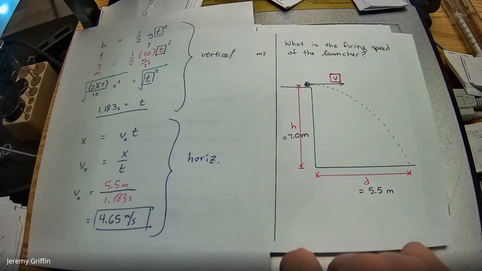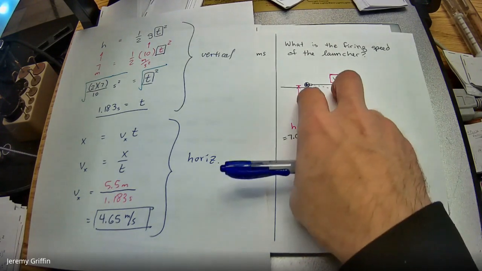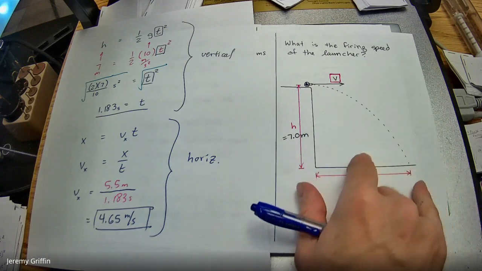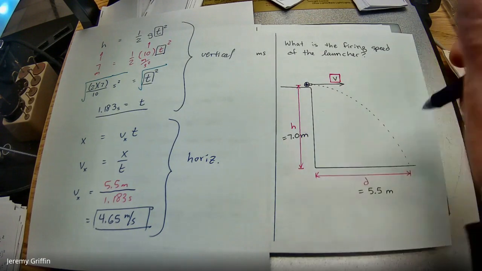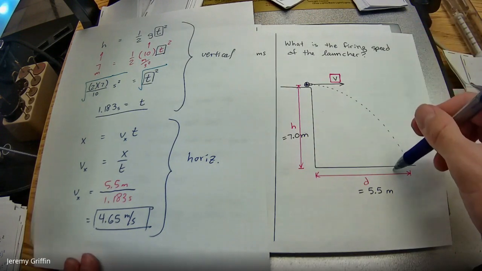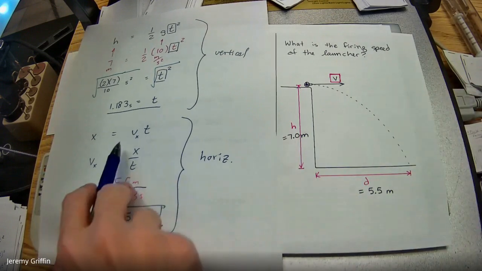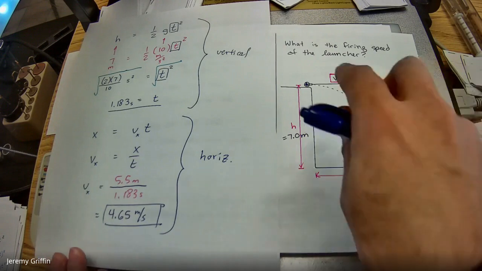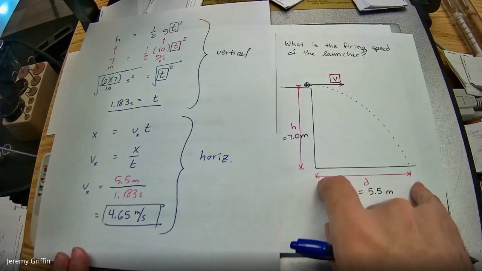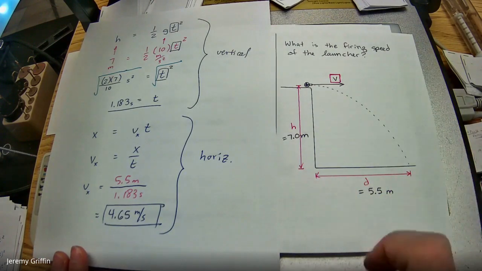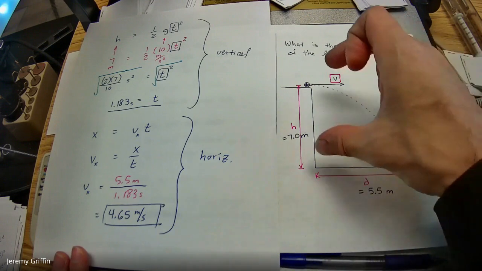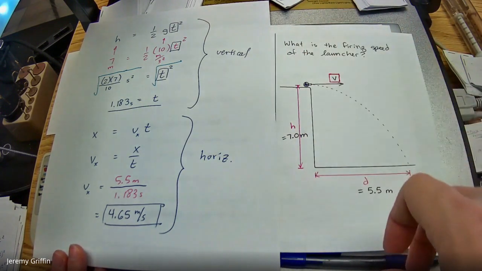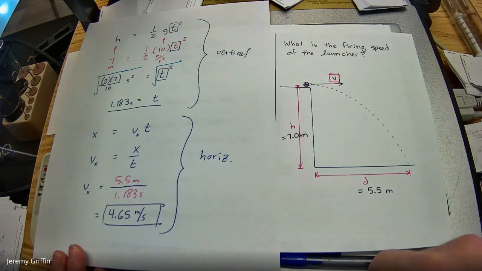What if you did this? What if you quadrupled the firing speed? Do you guys think it would go 4 times as far? If it was 4 times as fast, you think 4 times as far? Yeah, because it's 4 times as fast here, it's going to go 4 times as far. So that's a linear relationship between this speed and this horizontal displacement. But what about this? You guys ready for a trickier question? What if you were to quadruple the height? Would it also go 4 times as far?